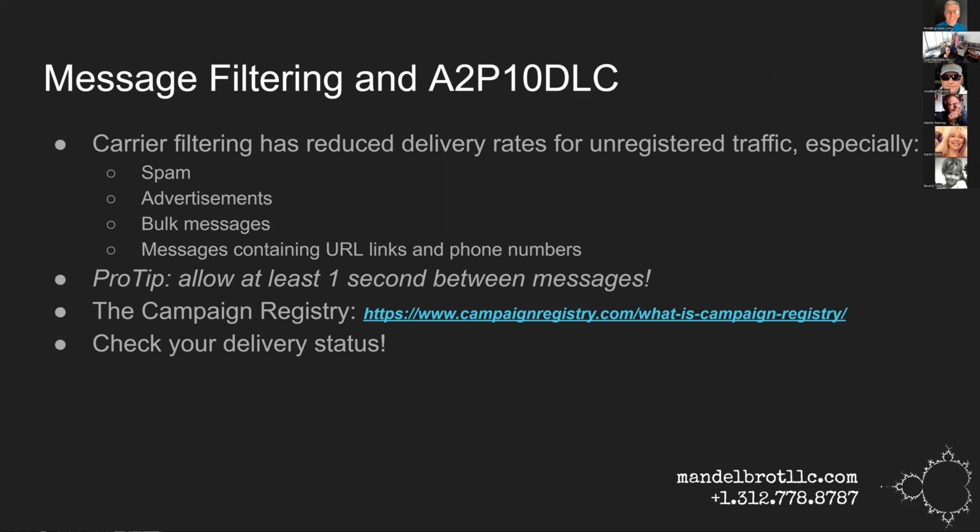So there are some ways to get less of your messages filtered, right? Especially if you're sending a lot of them at a time, like if you're setting up a loop that's going to send out one text message that's the same to everybody on a list of 1,000 records, right? So the first one is allow at least a second between the text messages, right? The rate at which you send the messages is going to be one of the bigger factors in avoiding filtering.